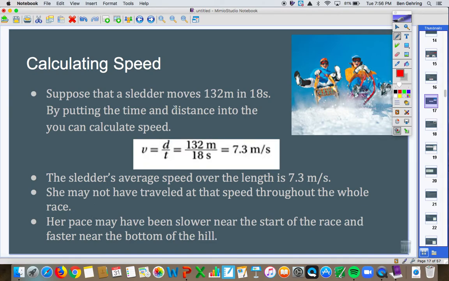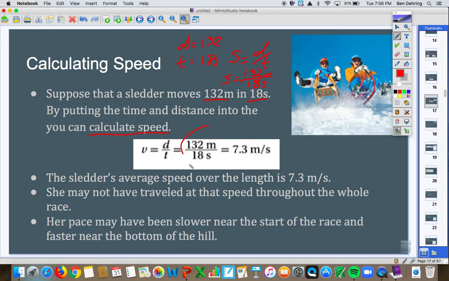When we're calculating this, we'll do a practice question. Suppose a sledder moves 132 meters in 18 seconds. So I know two things. I know that the sledder moves a distance of 132 meters. I know the time it took to travel that far was 18 seconds. Okay, I can then use these in my equation, because I'm going to calculate speed. So by putting these into the equation, you can calculate speed. So speed equals distance divided by time. So speed equals 132 meters over 18 seconds,